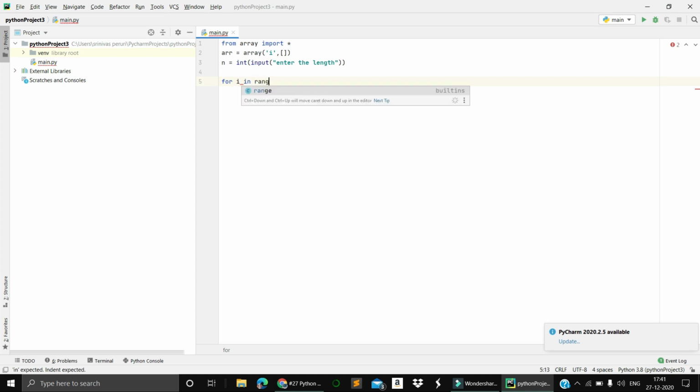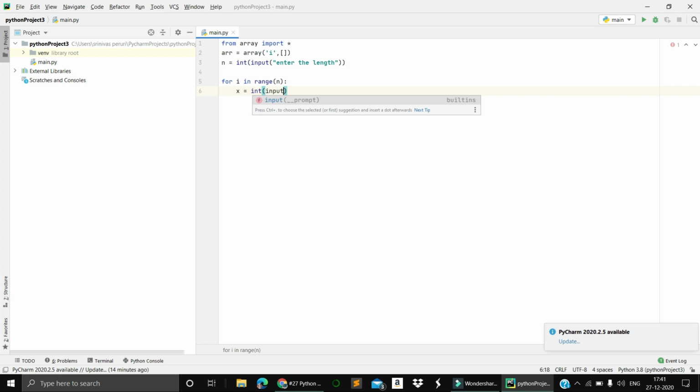For i in range, what is the range? Range of n. So for i in range, we need to assign that to another element. We need to take the same thing, right? Input value, whatever we are taking, those values are integer values only, right? So enter the array elements.